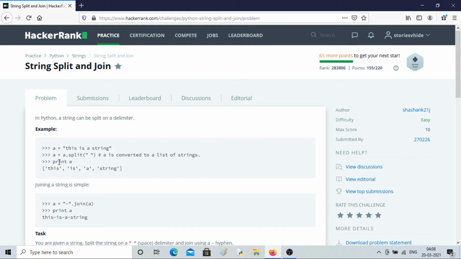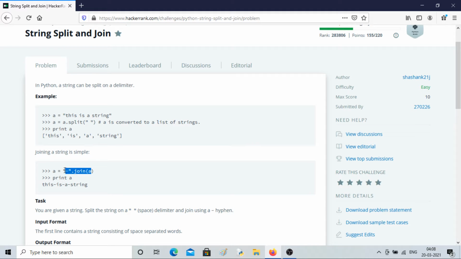So this is the task we have to do first. Then, just like splitting, we have to join the string as well. I've used this code in the previous question. To join a string, you write the delimiter, or rather the limiter, then a dot, then you write join and pass the string.